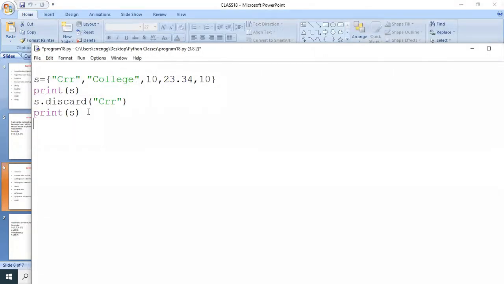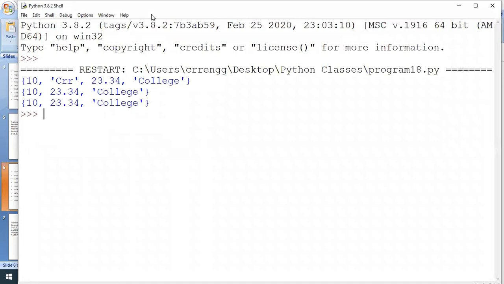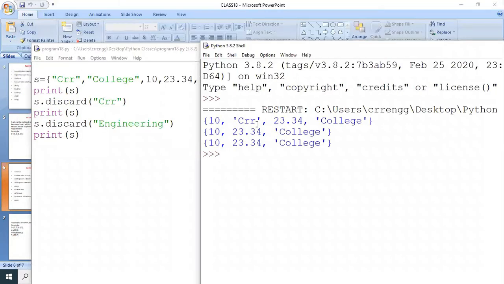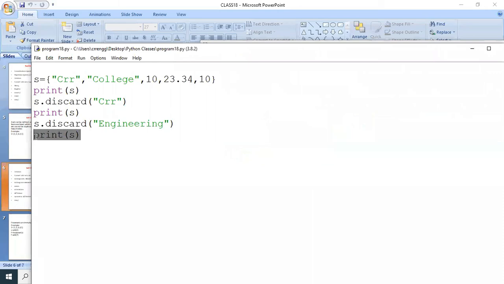Now if I try S.discard engineering, and print S here, what happened? Discard CRR: the CRR was in S, so it is discarded and it prints S. Coming to the next one, S.discard engineering: the engineering is not in this S, so it does not return any value and it executes the next instruction.